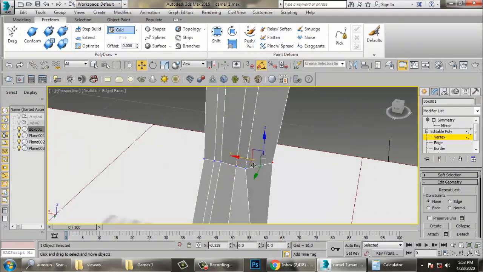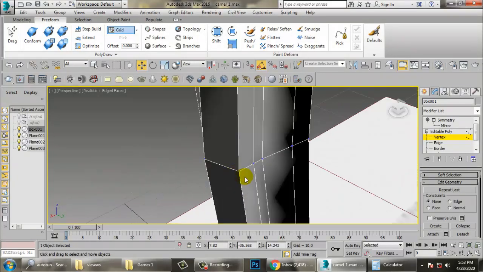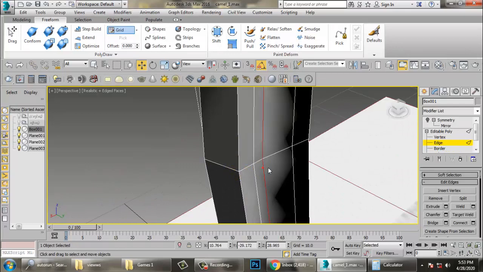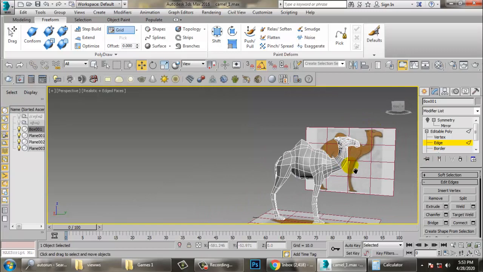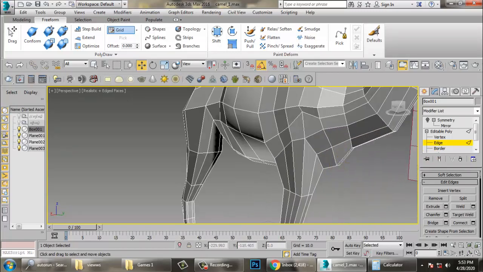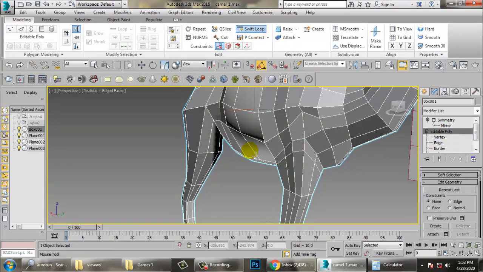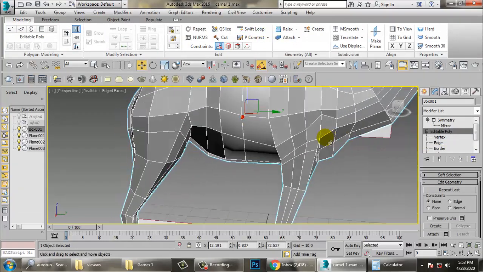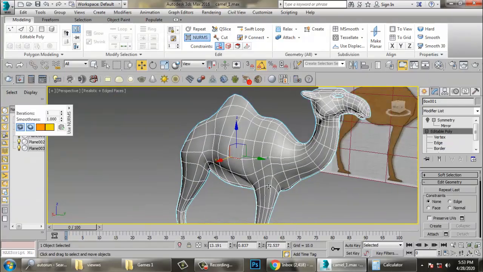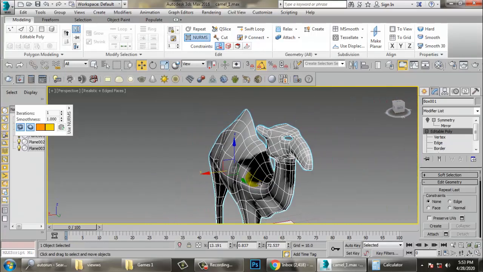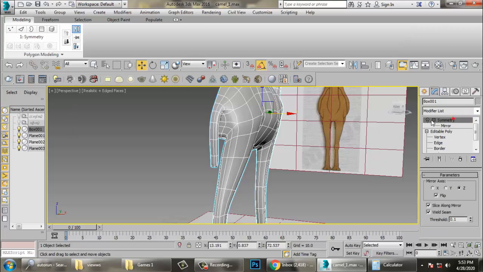So make sure you make it look round. You really don't require any of the segments, you can easily delete those segments. Also we need a few segments over here, one segment over here. So now if you just make it knob toggle, you can see that. You can just switch back to this.